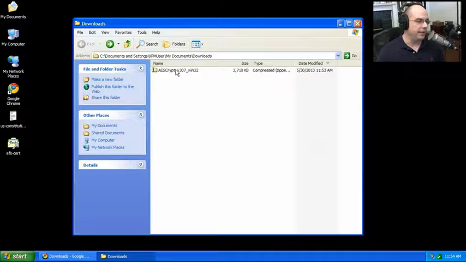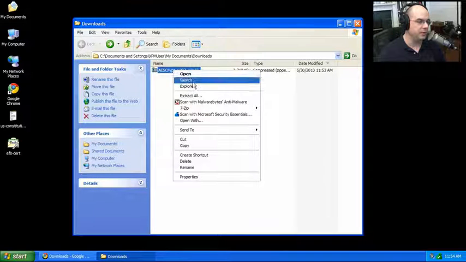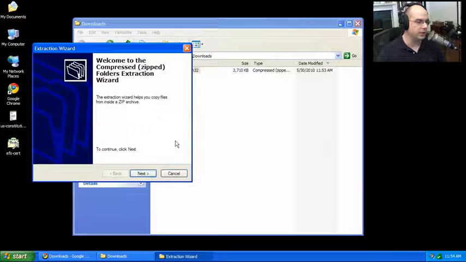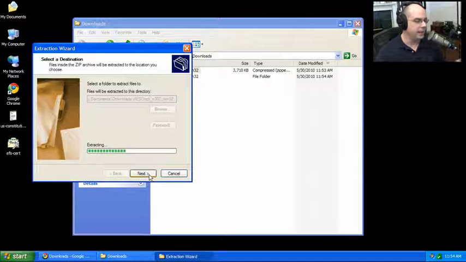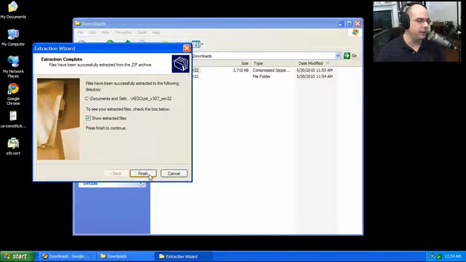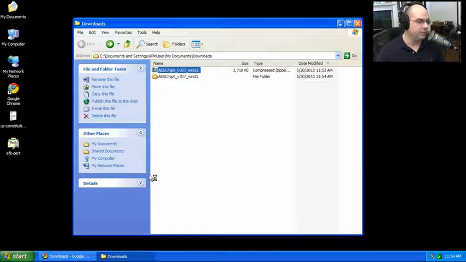Here's my download of AES Crypt. It downloads as a compressed file, so I'm going to right mouse click and use the Extract All function to extract this archive and put it into a folder right here in my Downloads folder. It extracts all of the files in there and creates a folder just for AES